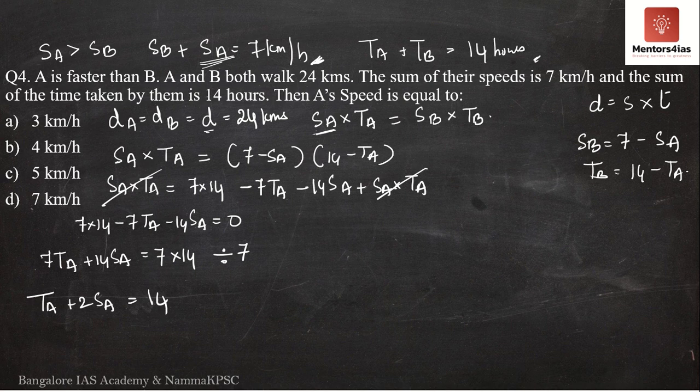Now the question is asking for what? The question is asking for SA. I still have one extra unknown variable, that is TA. Now I have to eliminate TA. I have to write TA in terms of SA. How can we do that? Going back to the original equation,